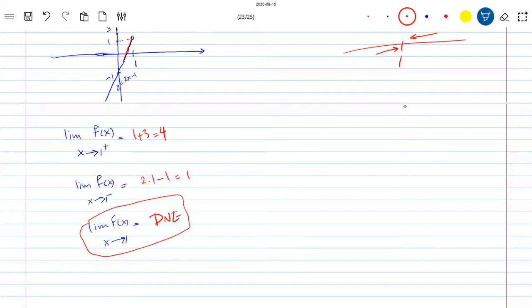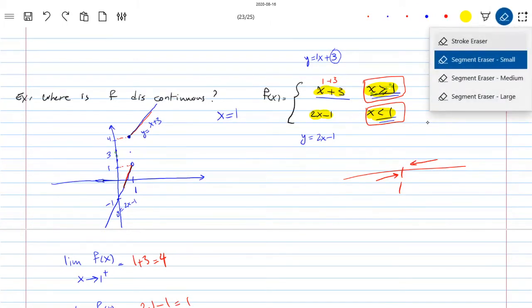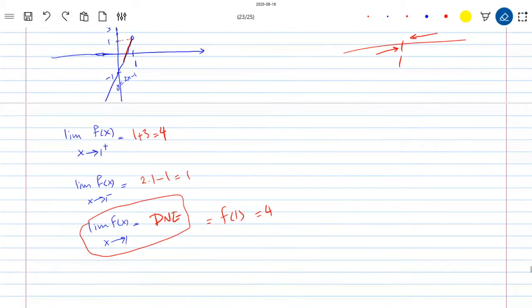Because if the function is continuous, this limit must be equal to f of 1. Since f of 1 is simply 4, by the way, replacing 1 into the equation, you get 1 plus 3, which is 4, since you have the equality for the first case. Okay, so what you see is that you have no limit, so there is no necessity to calculate f of